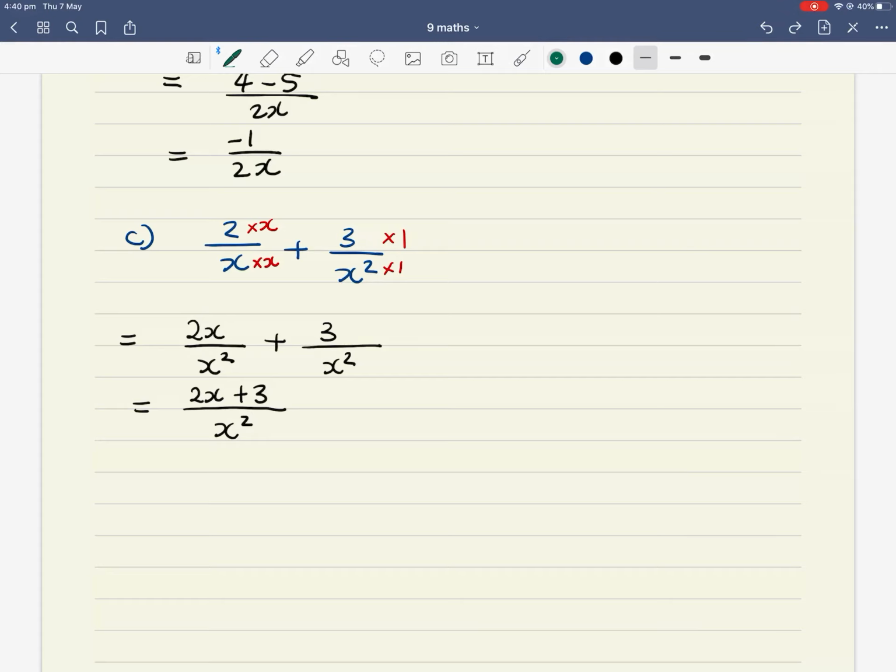So key point for today is, number one, when you're adding or subtracting fractions, you must have the common denominator, ideally the lowest common denominator, just to make life easier. But if it's not the lowest, that's okay. It just means you do a few more steps in the simplifying part at the end. Also, when you're multiplying with things that are 2 or more terms, always put brackets around it, because you're multiplying by